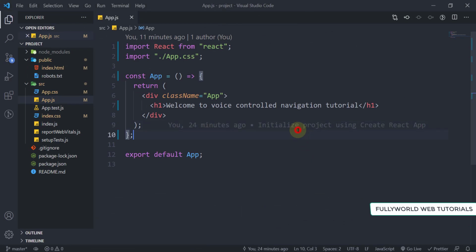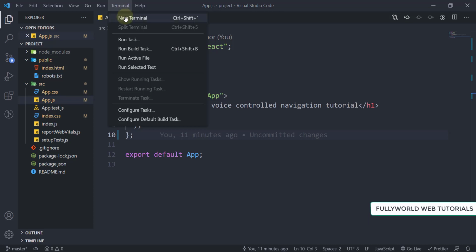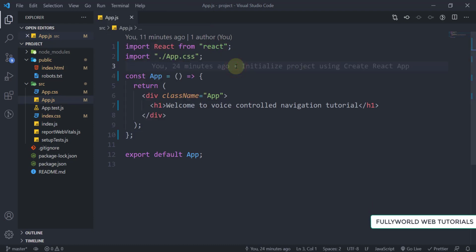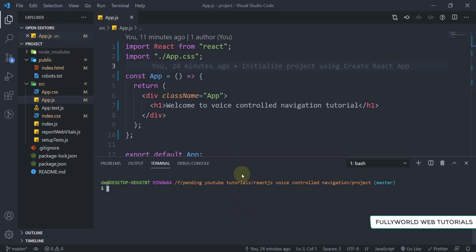So now we have to install dependencies here. So we have to open the terminal here. You can click here, or you can open new terminal, or there is one command here, that is control plus shift plus backticks, or you can do control plus backticks. It will also open your new terminal. So I'm going to write control plus backticks here. That is not underscore, it is backticks, and backticks is over the tab button and below our escape button. So here I'm going to write npm install